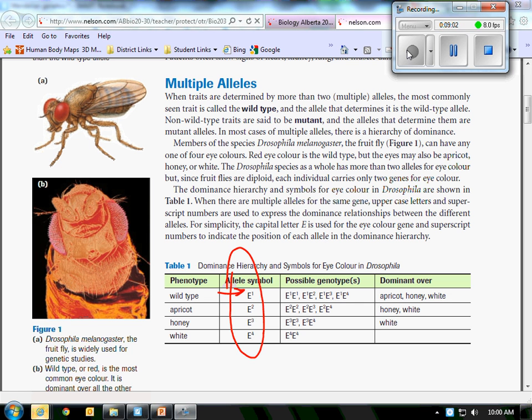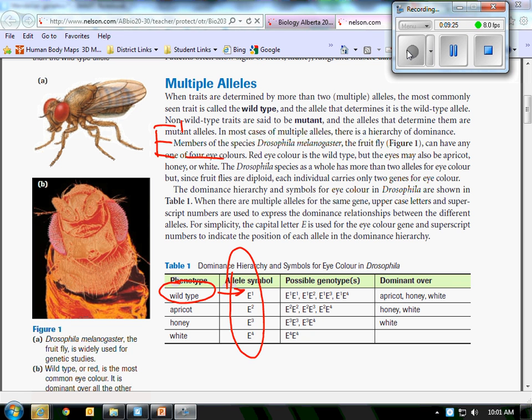So if you have E1 and whatever else, it's going to have the wild color of eyes, the wild type phenotype. This is not codominance, this is actually a dominance hierarchy,